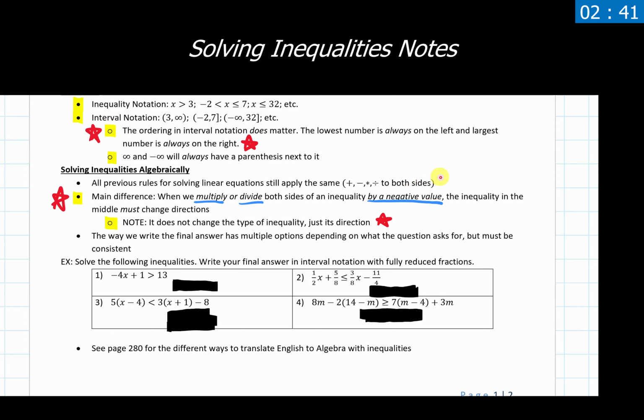So all of that we can still apply here. The only difference that shows up, and if you are taking notes on this and writing any of it down, these two parts here are the main things that you want to have written down, because this is where our main differences show up. If we multiply or divide both sides of an inequality by a negative value, then the